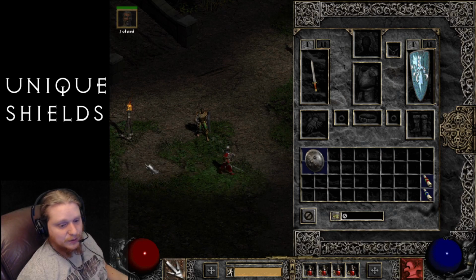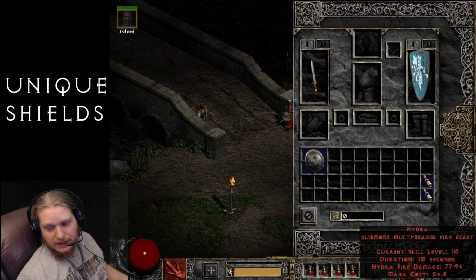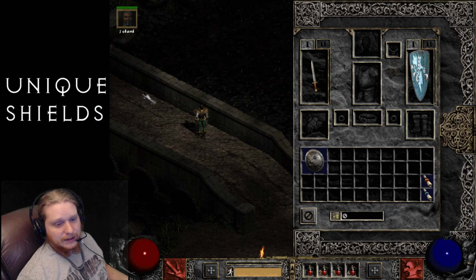So what, 94 is your maximum. So 94 plus 15%. So you're only getting 108 damage per Hydra. You can cast what, I think it's 5 Hydras, and then the Hydras shoot multiple times. So, even if you have 5 Hydras doing